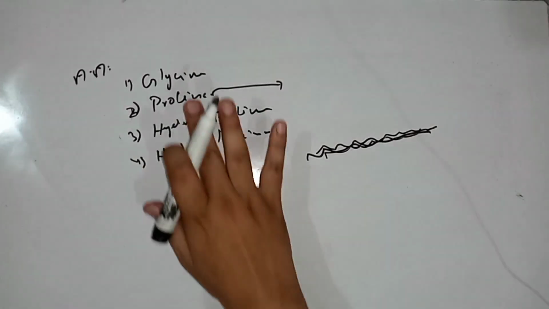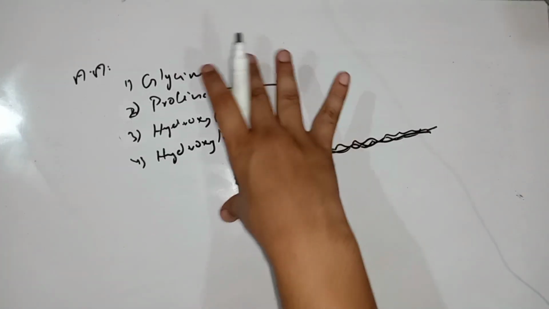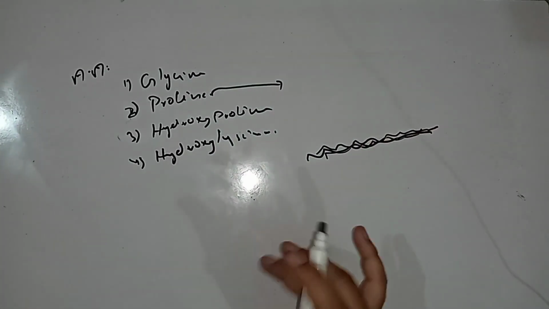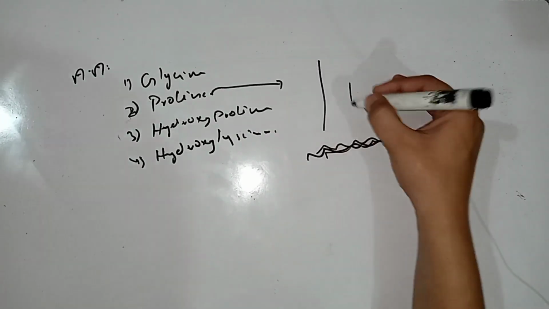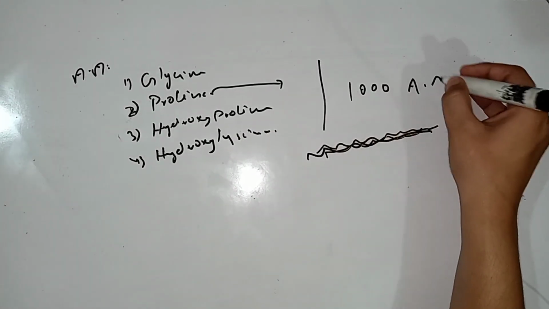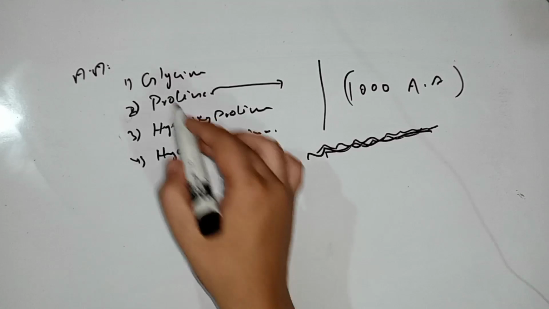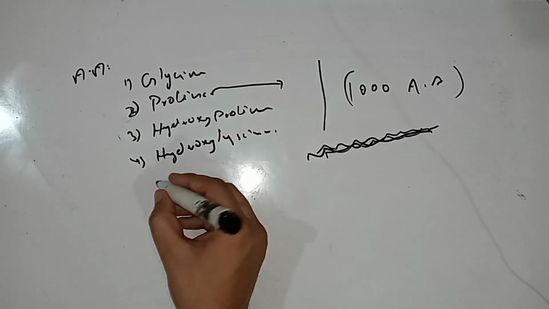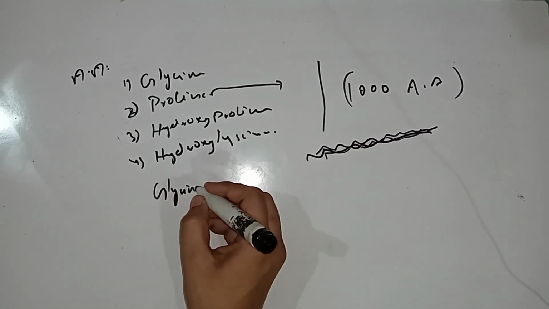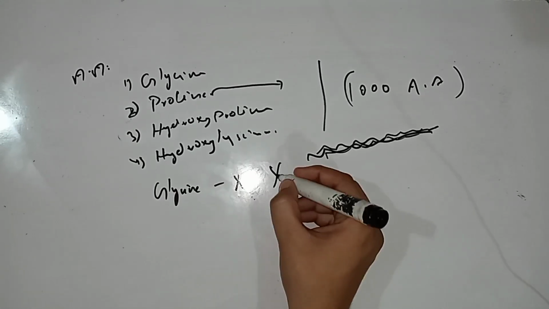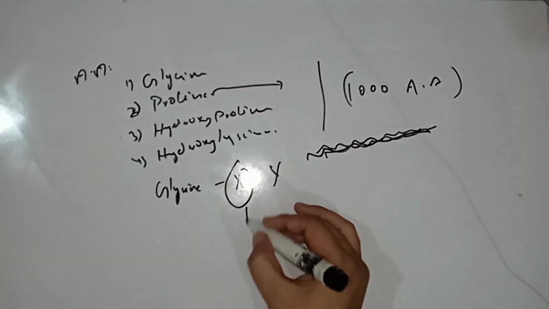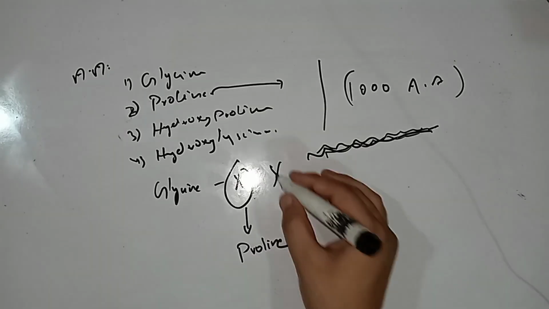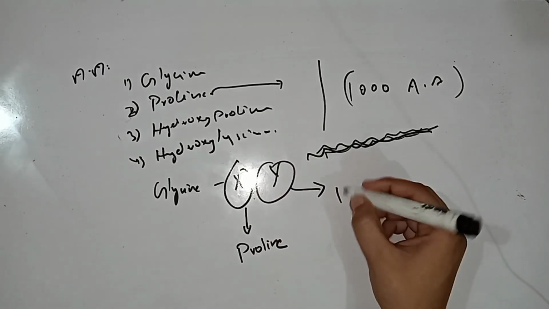So collagen has three polypeptide chains which are principally rich in the amino acids such as glycine, proline, hydroxyproline and hydroxylysine. And the number of amino acids in a polypeptide chain of the collagen is about 1000 amino acids. So collagen basically has triplets of amino acids. The first amino acid in the triplet is glycine, then there is X and then there is Y. At X position, the most frequent amino acid is proline, and at Y position, the amino acid usually is hydroxyproline,